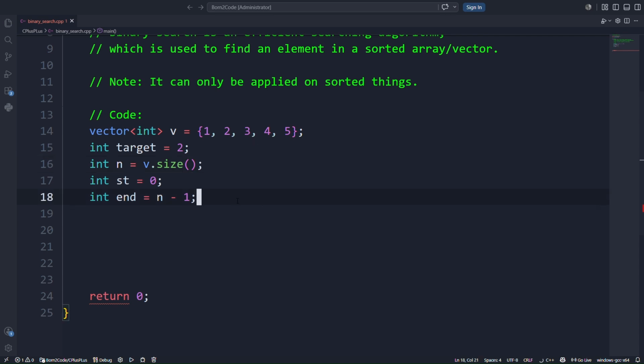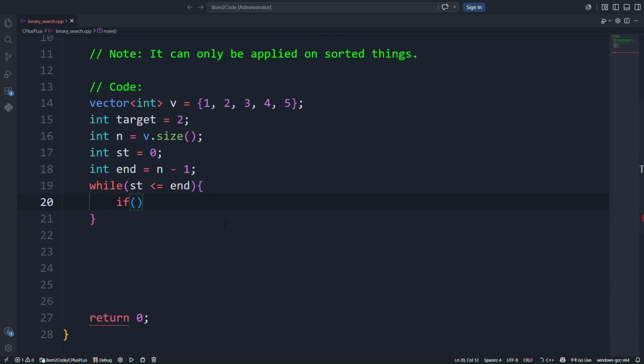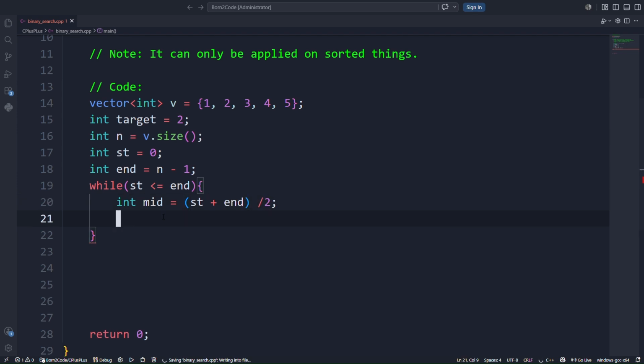So we'll make a condition: while start is less than or equal to end, we'll calculate the middle index. So mid is equal to start plus end divided by 2. Now if the value at index mid is equal to the target value, then we will just return,